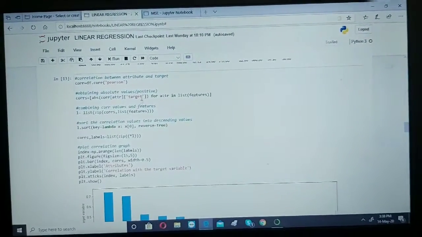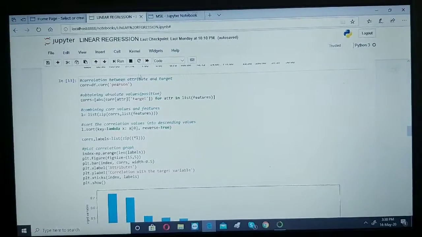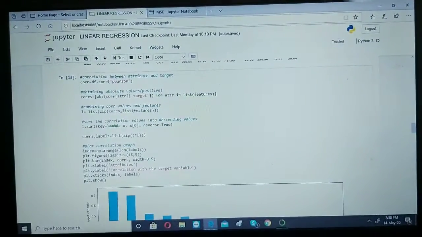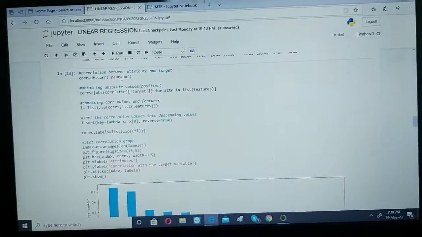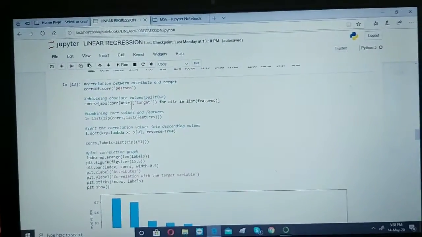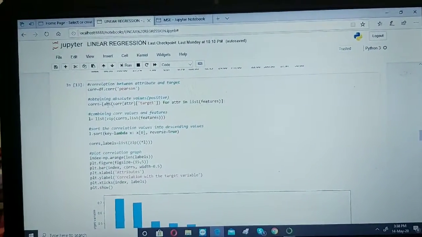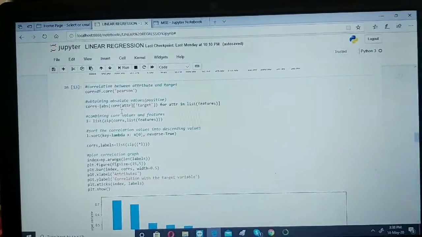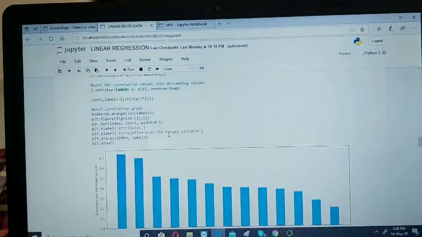Now the most important step is the correlation between the attributes and target. Here we are using the Pearson correlation, though we can use any correlation we want. First of all we'll obtain the absolute value using the function abs to get positive values. As you can see, we get all the positive values.